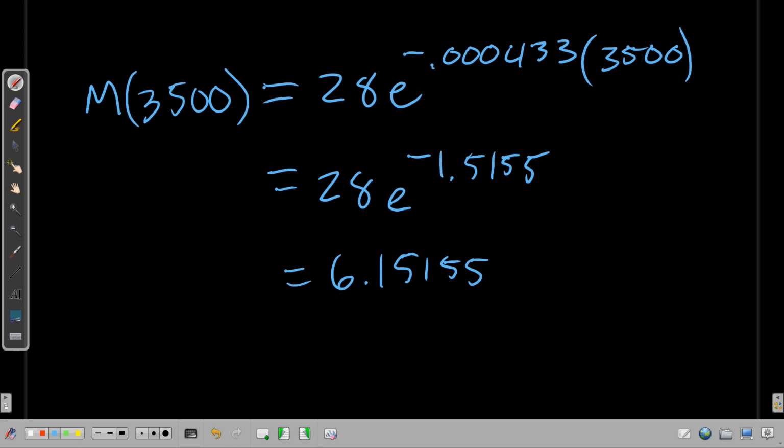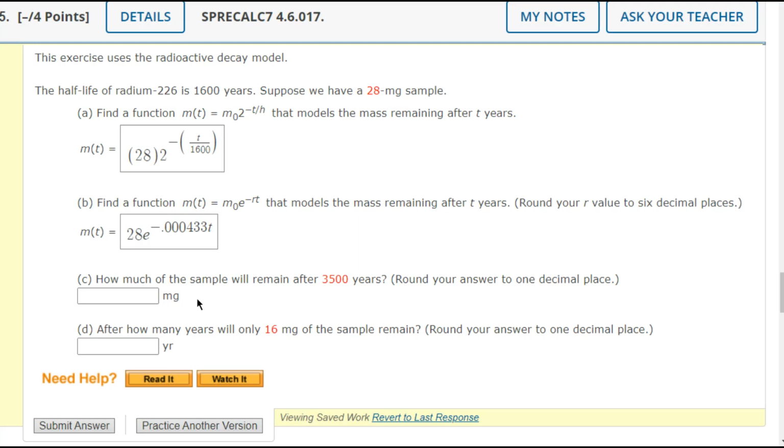It is a mistake to think that it should just say how much of the sample will remain. If you have a rock of this stuff, that rock is going to weigh about the same that it did, depending on the sensitivity of your scale. But a majority of it will no longer be this element. It will have decayed into a different element. I think radium decays into lead. Anyways,